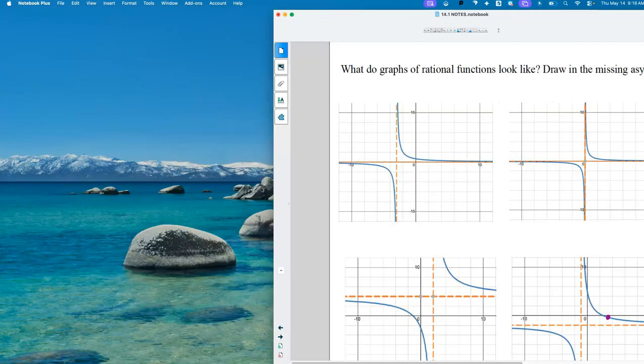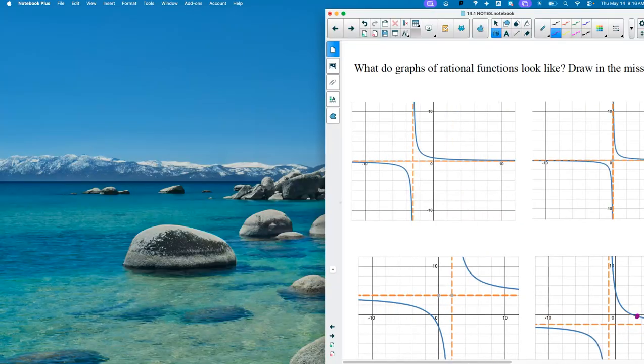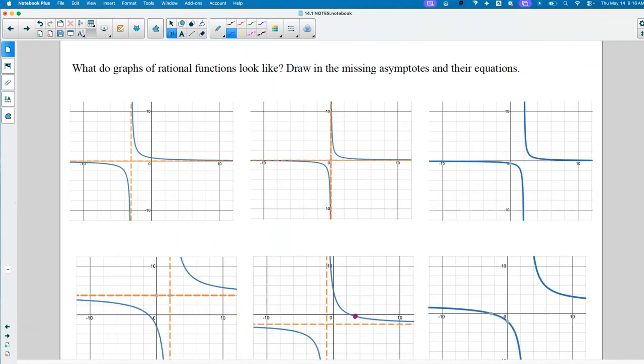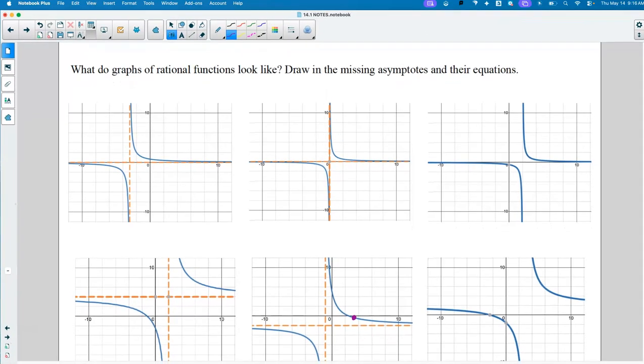So let's take a look here. That's painful. This is actually my probably favorite unit because we play Who Let the Dogs Out. It's a fun lesson. A couple weird ones, not many. All right, so let's